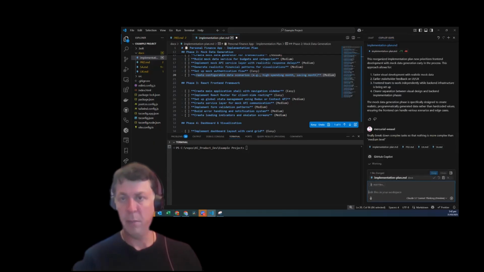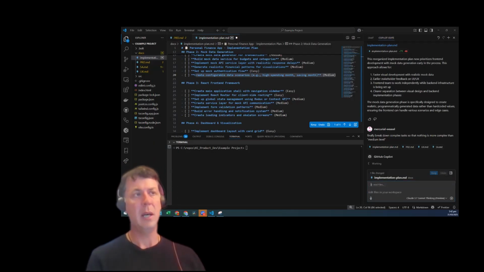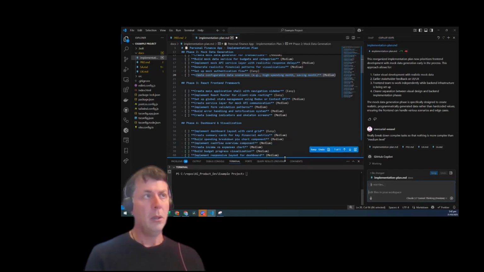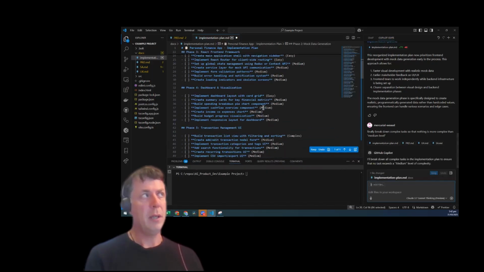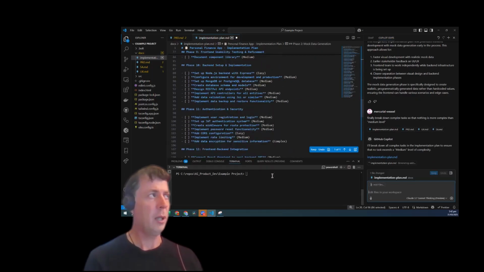Now we used the thinking mode for all of that, and the thinking mode was quite helpful because it's more high powered than just Claude Sonnet 3.7. You can do any of that with any of the models, though. They will actually get to this point fairly well. So we will very shortly have a pretty detailed plan in place. We'll have a quick look through that plan, and then we'll